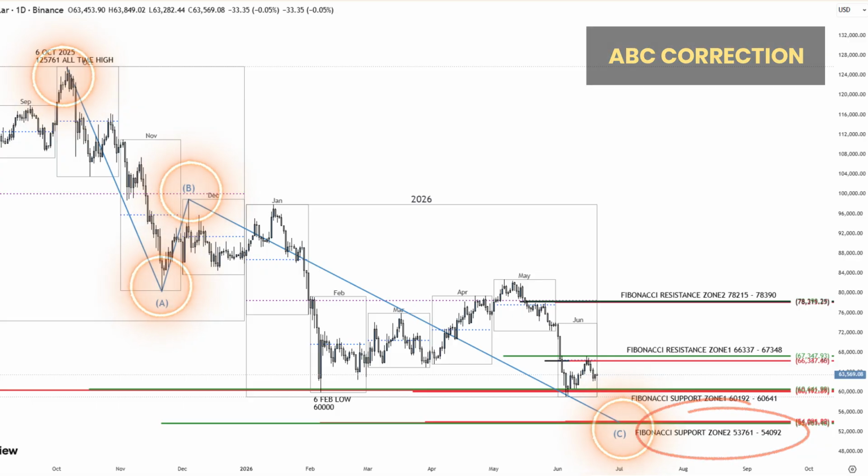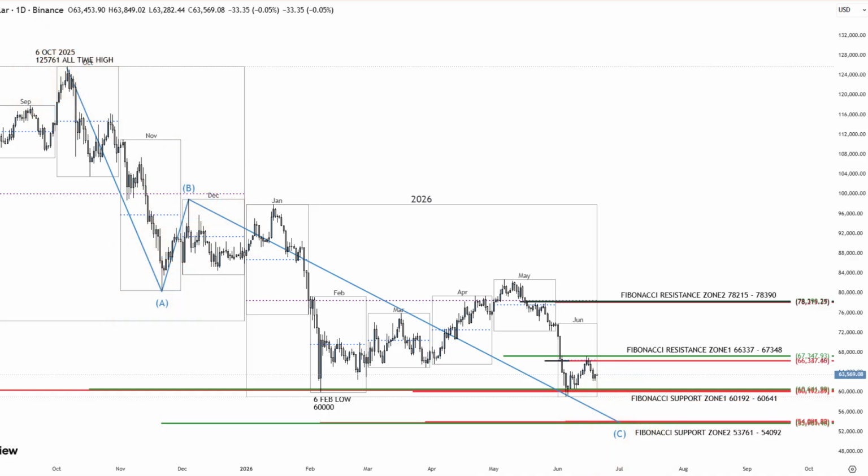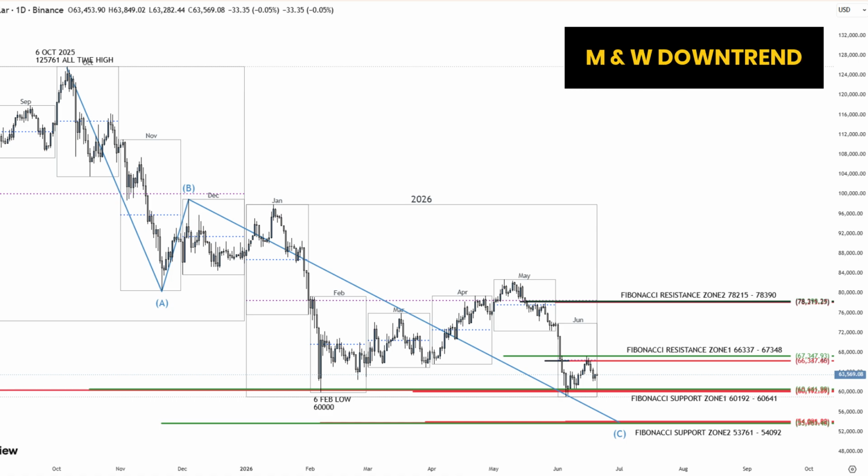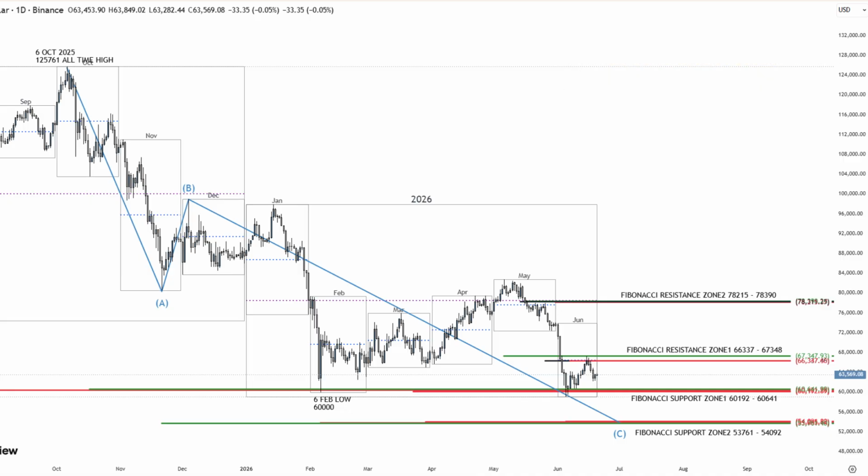So, let's sum up. Bitcoin will struggle to move higher. It continues to face heavy resistance overhead, and with the monthly and weekly swings in a confirmed downtrend, we still expect selling pressure for now. We also expect both the Fibonacci support zone 1 and the 5th June yearly low to break. The Bitcoin market will make one final liquidity sweep down to wipe out weak buyers at the Fibonacci zone 2